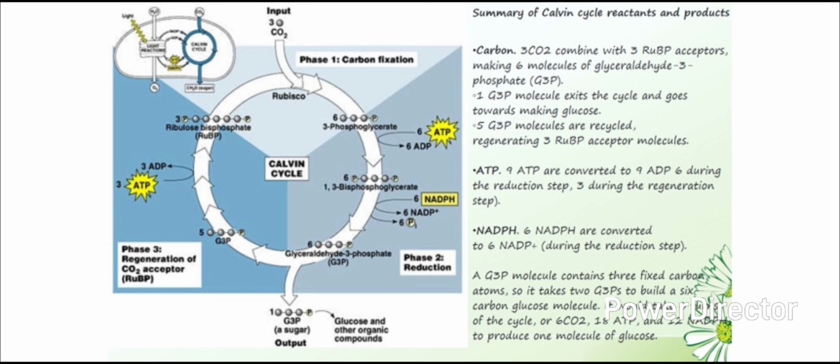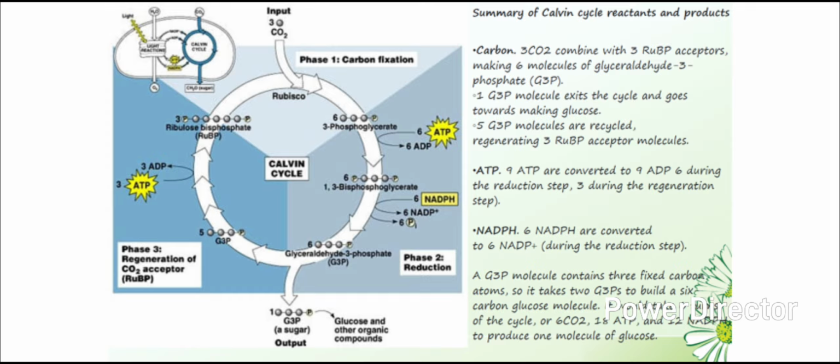Let me summarize the Calvin cycle reactants and products. 3 turns of the Calvin cycle are needed to make one G3P molecule that can exit the cycle and go towards making glucose. Let's summarize the quantities of key molecules that enter and exit the Calvin cycle as one net G3P is made. In 3 turns of the Calvin cycle,